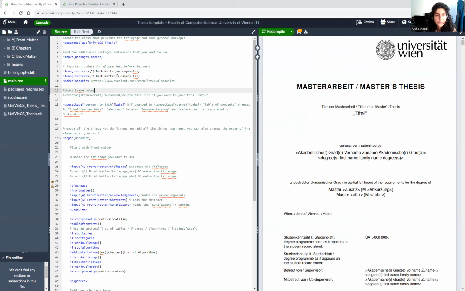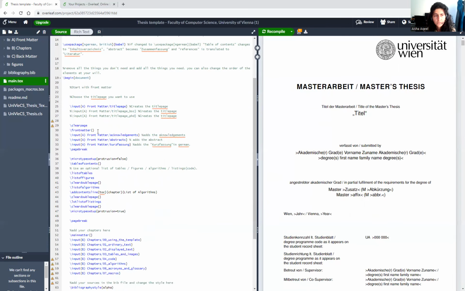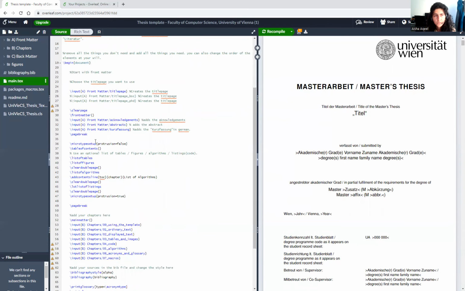And here you can write some packages and styles, like for bibliography, how you want your references to look, how you want fonts, colors, scales. You want 1 column or 2 column page. These things can be decided up here, and then you can have your main text from begin document. Usually you start writing with the front matter which will show here: